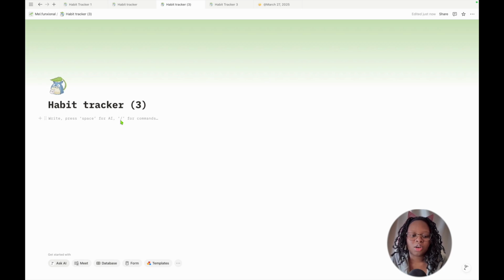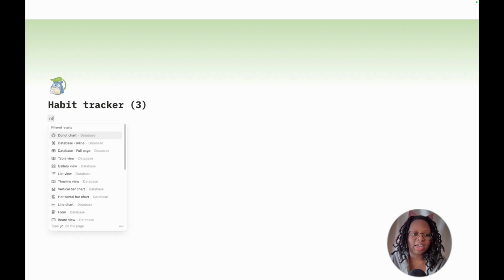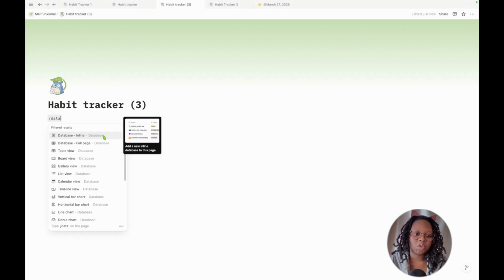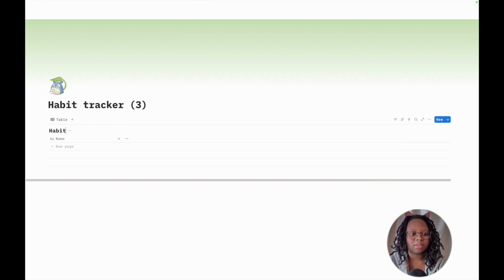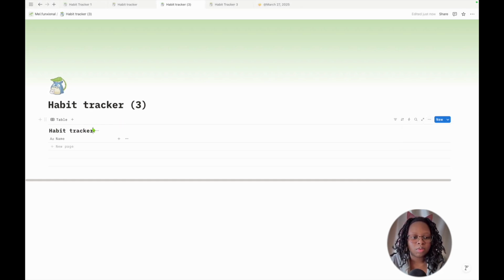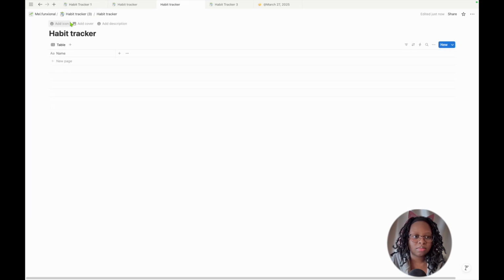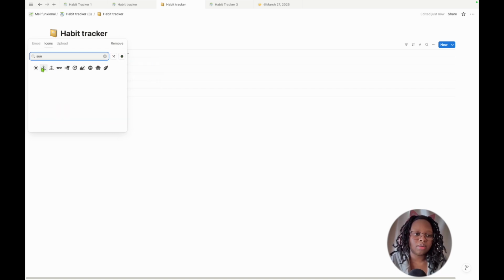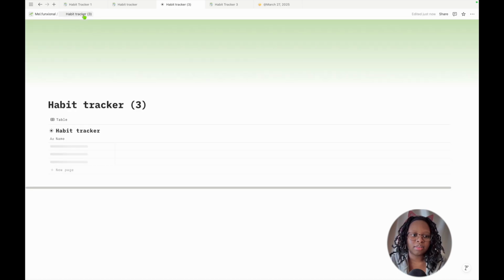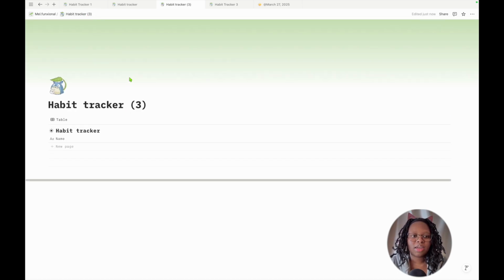Yeah. So we're going to use a database again. So /database. We're going to make it inline, and we're just going to call it habit tracker. We're going to give it an icon. And for this one, I want to do black sun, like day. So unlike the previous ones that we did, this one is essentially just going to